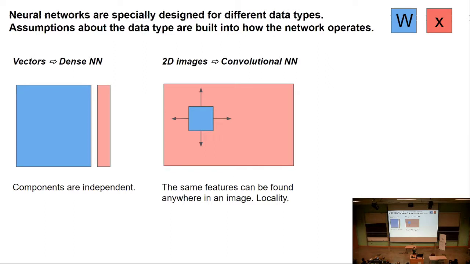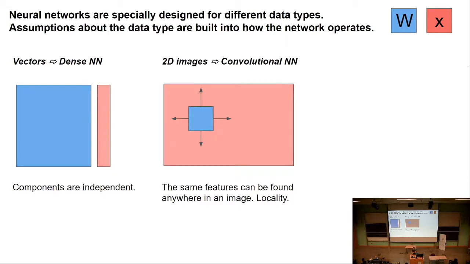The assumption here is that rather than having tons and tons of parameters connecting each input and each output, you use a filter to emphasize the importance of locality. In this case, if I have an image, pixels close to me are more important than pixels that are further away. So there's this sort of geometric locality. Furthermore, it also implies that these features that you want to detect can be found anywhere in the image. And these are assumptions that are just baked into the operations of a convolutional neural network. Any questions on that?